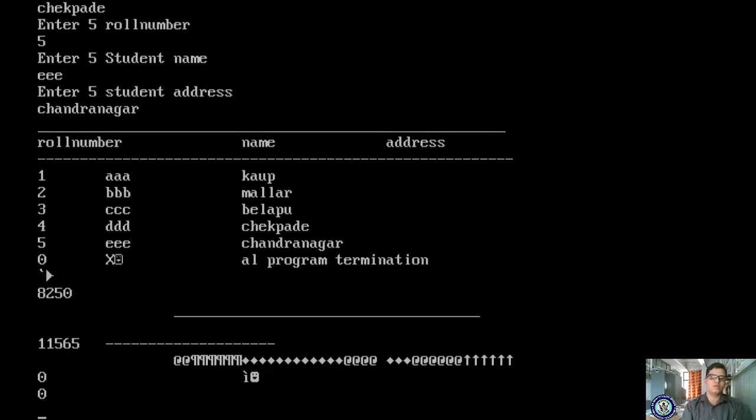Got it? Yes, it is displaying, right? 1 2 3 4 5, it is displaying.